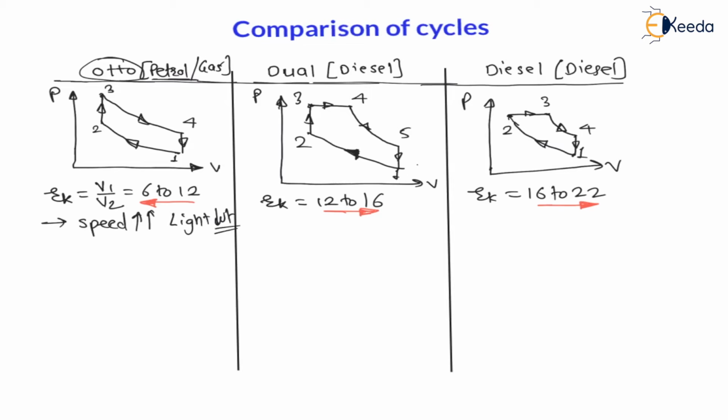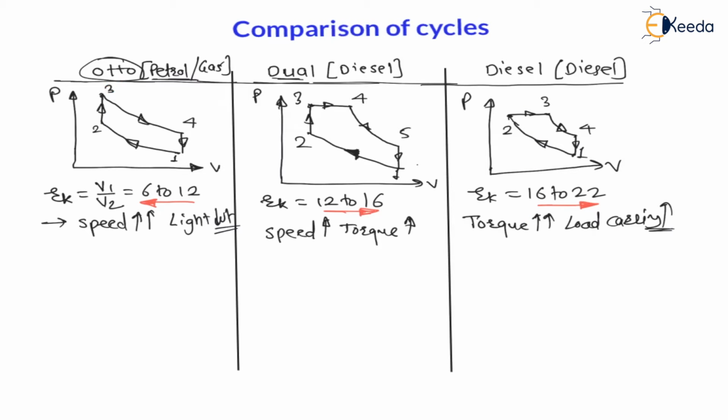Lightweight we can say. Now the purpose of diesel cycle is power or torque, we can say torque. Here the purpose is torque, that is torque is very high. That means load carrying capacity is very high, right? And my dear students, speed is low. And the purpose of dual cycle is speed as well as torque. Means speed is also good, but not good as Otto cycle. And load carrying capacity, that is torque, is also good, but not good as diesel cycle. Therefore we can say the diesel cycle will transfer maximum torque or carry maximum load.